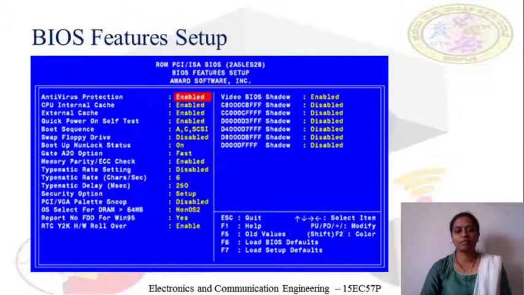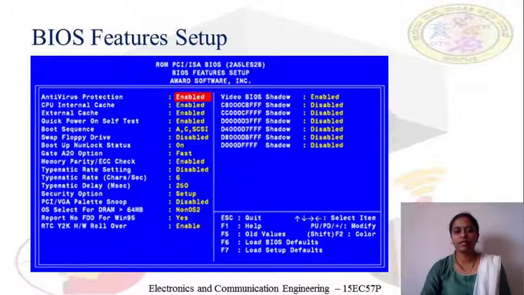Next one is BIOS features setup. It is used to enable or disable the antivirus protection or internal and external cache, quick power on self-test, and you can also change the boot sequence and so on. On the right hand side, you can observe there is a term shadow.